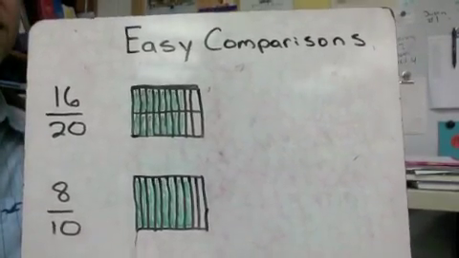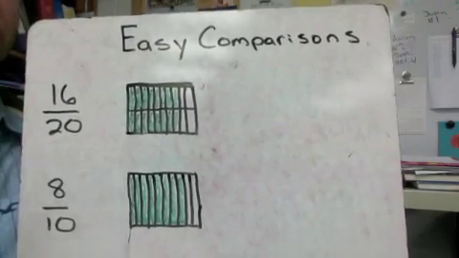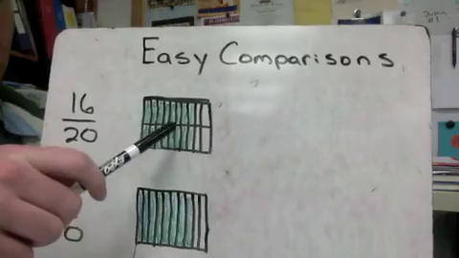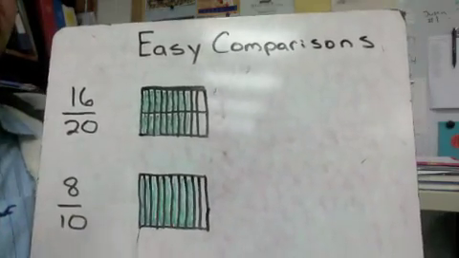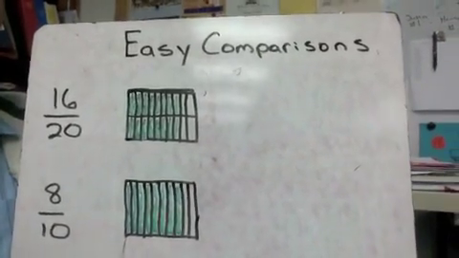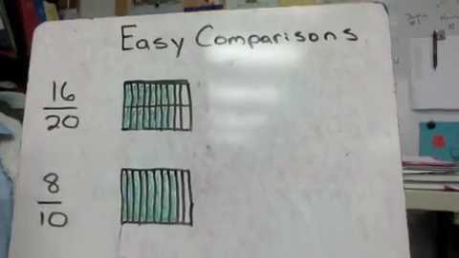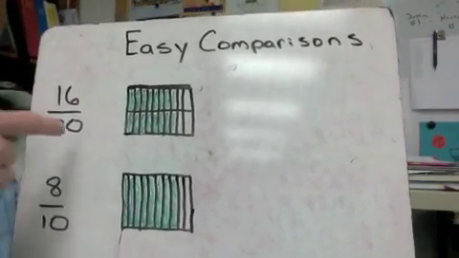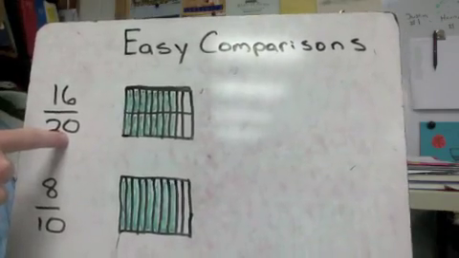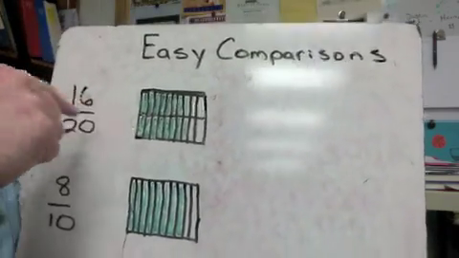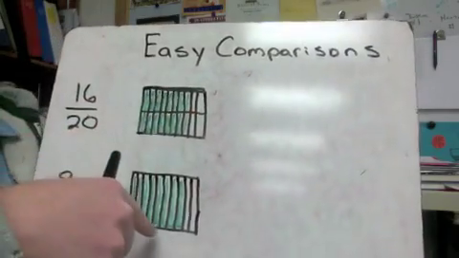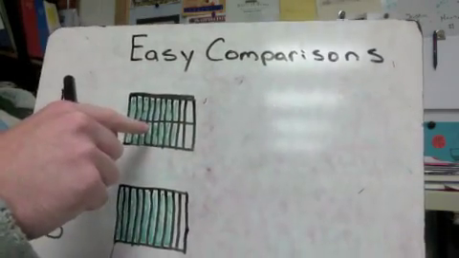For these two fractions, 16/20 and 8/10, you will notice that this one is split into 20 and this one is split into 10. All I did for this one, and you'll catch a pattern for how this works, is I cut this one into 10, and then I understood that 20 would have twice as many pieces. They'd be smaller pieces, but twice as many. So I just made a line cut down the middle, so that's an easy way to turn 10 into 20